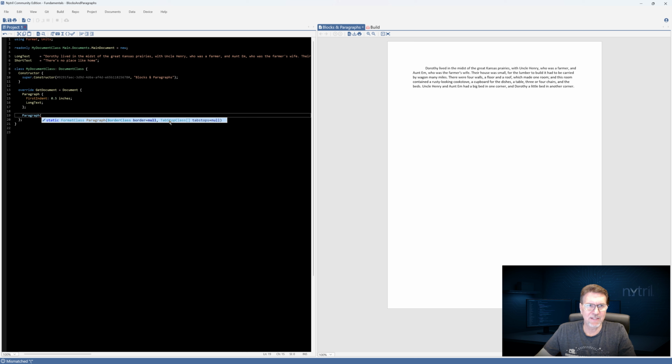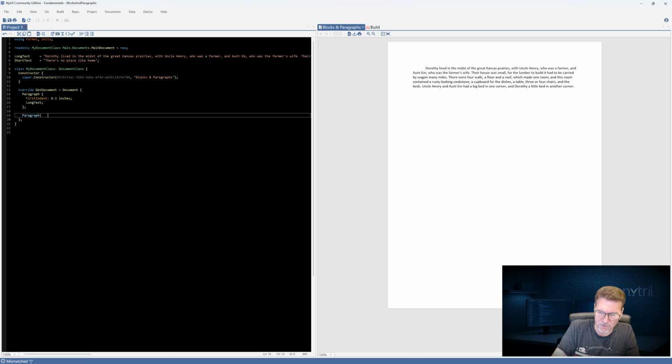And we can see that it takes tab stop class array and it takes tab stops. Sounds complicated, but it's really not. In Nitro, if something takes an array of a certain type, you can normally shortcut having to type it out, and in this case just put an array. So we're just going to put something in here like 0.25 inches and 3 inches and 6. Let's make it 6.5 inches.